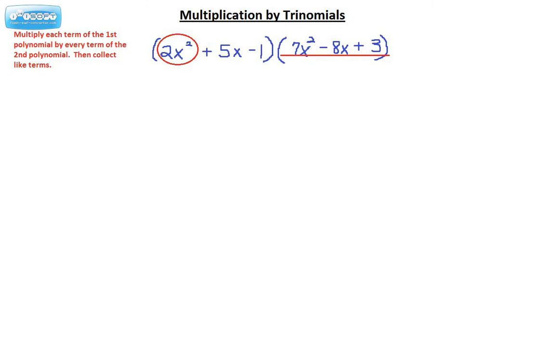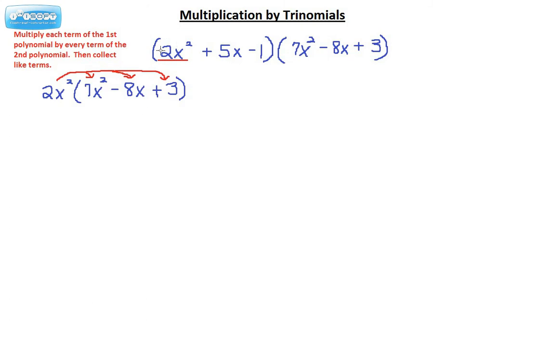so let's write it down. Since we're first going to take 2x squared times each term in this parentheses, I'm just writing it beside it. Next, we take 5x and multiply it times each term in the second parentheses, so let's write it down the same way. Here we do 5x and we take it and multiply it by every term using the distributive property. Last, we take negative 1 and multiply it times each term, so let's write it down just like we did